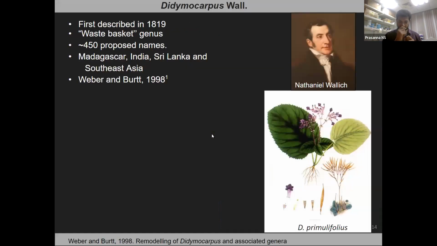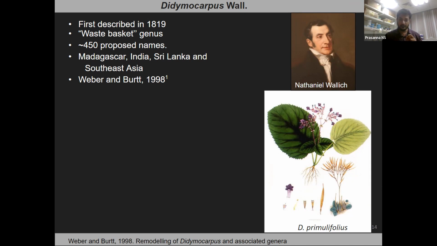So I'll come to the genus that I study, Didymocarpus. It's a genus which was described by a botanist called Nathaniel Wallich in 1819 based on specimens collected by his local assistants in Nepal. He was appointed as a kind of superintendent of the Kolkata Botanical Gardens for some time. During his appointment, he prepared an extensive catalog of plants from the Indian subcontinent. And this is one of the genera which was included in